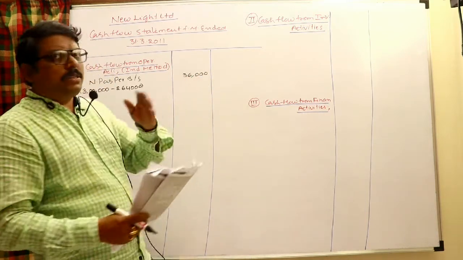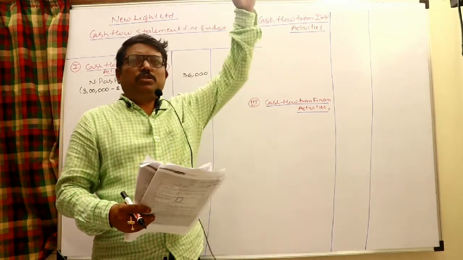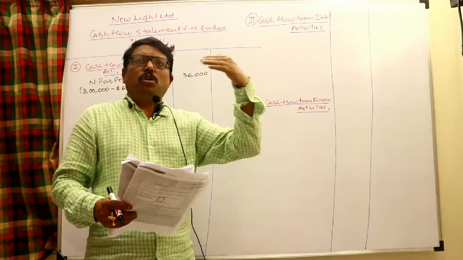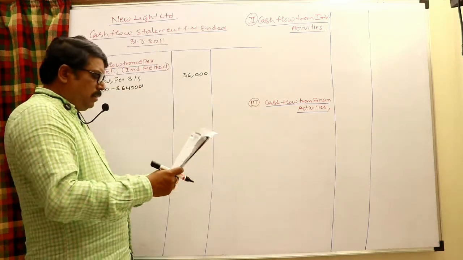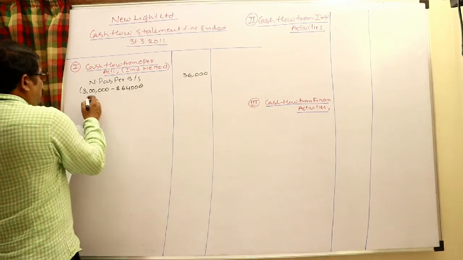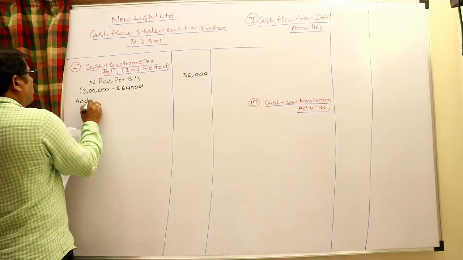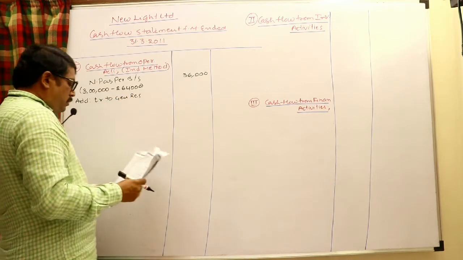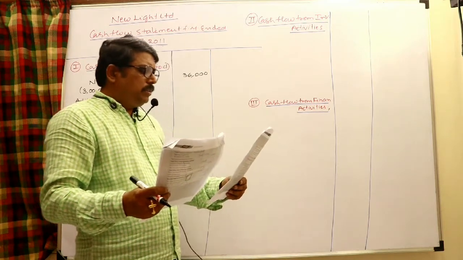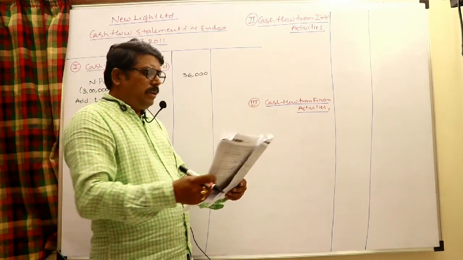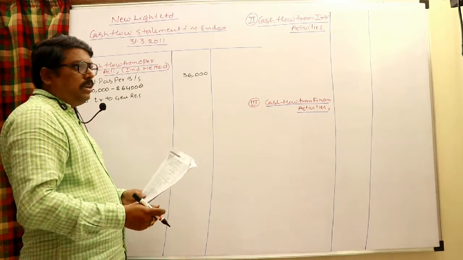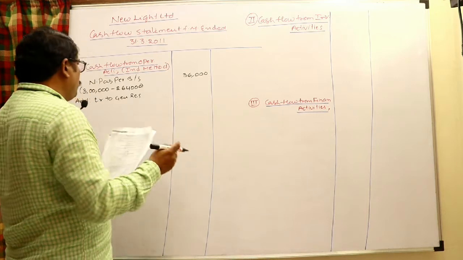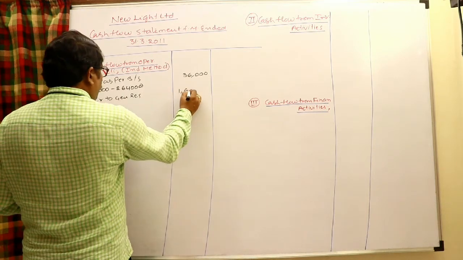Whenever the profit is taken as net profit as per balance sheet, from the balance sheet onwards you have to travel back: all the appropriations and all the P&L items, non-cash items, non-operating items should be added back. Okay, first I would like to add back the transfer to general reserve. General reserve, obviously through P&L appropriation you can do this work. General reserve has increased by 1,60,000. Obviously, it will reduce your profit, the transfer to general reserve, but it will not reduce your cash. So it should be added back by 1,60,000 transferred to general reserve.